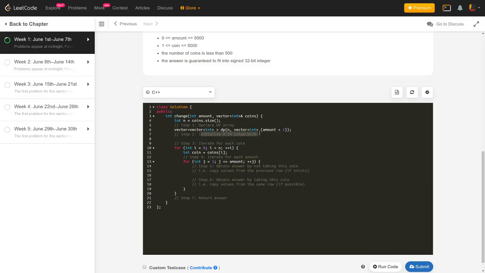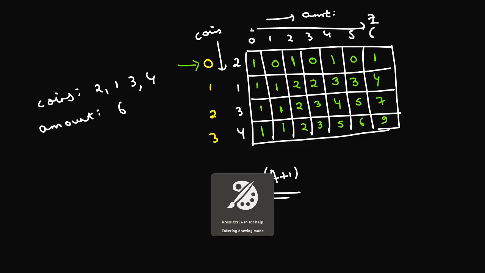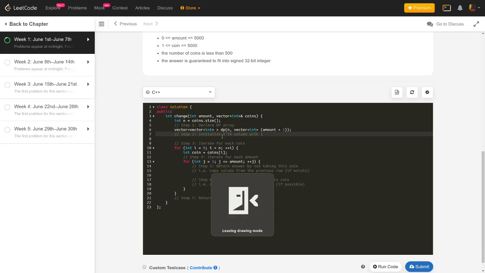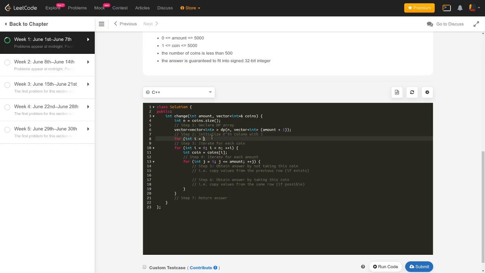So we just initialize the 0th column with 1. This is the process which we did here. We just initialize all these values with 1. The reason being, in how many ways can you make an amount of 0 using any coin that's available to you? There's only one way. The solution set doesn't contain any coin at all. Okay, so you just don't use any coin at all. So all the entries in column 0 are going to be 1. Okay, so this is what we can do.